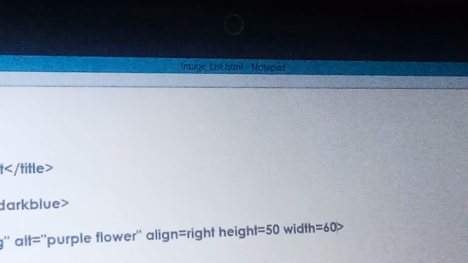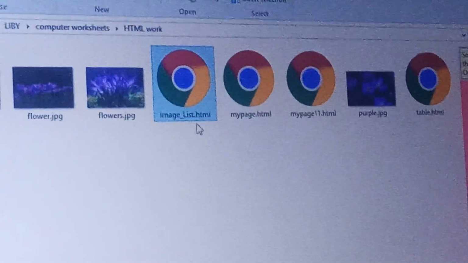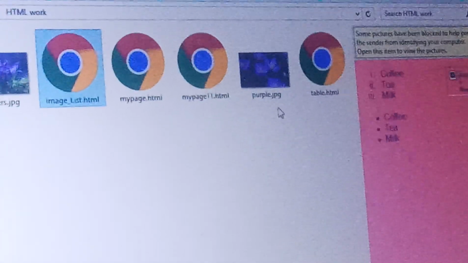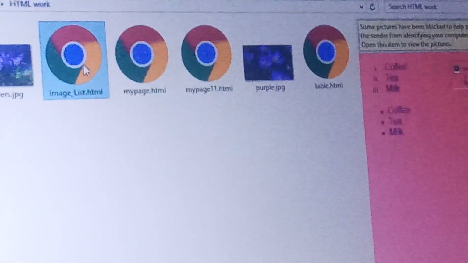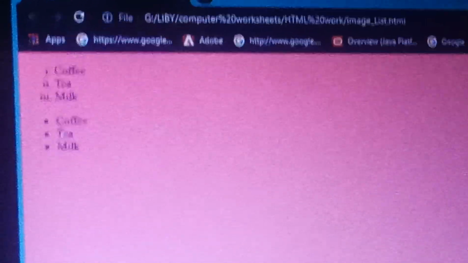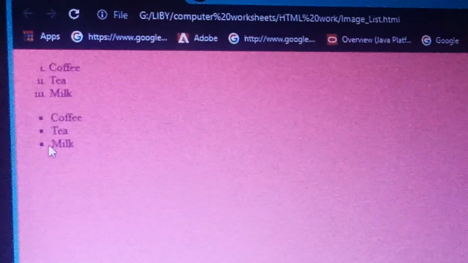Okay, now look here, my image file is also here, my purple.jpg is also here. So this is the image that I want to load. Let me double click this and go to the screen. Can you see this? Coffee, milk and tea is numbered using Roman numbers, and this is the square bullet. Coffee, milk and tea, square bullet. This is my image on the right side.